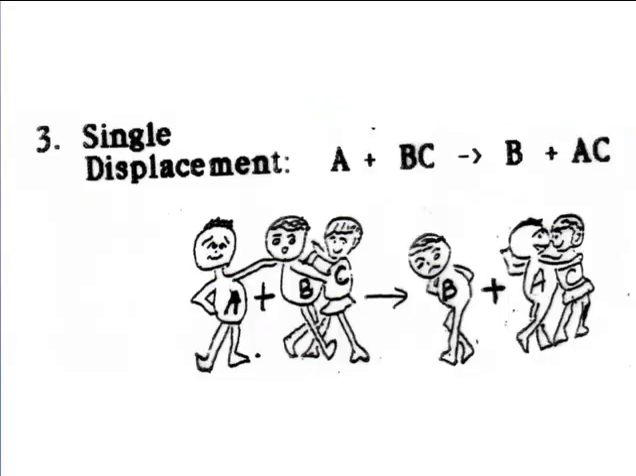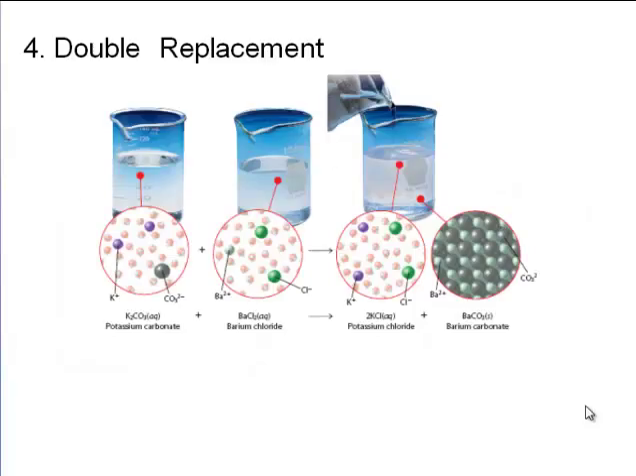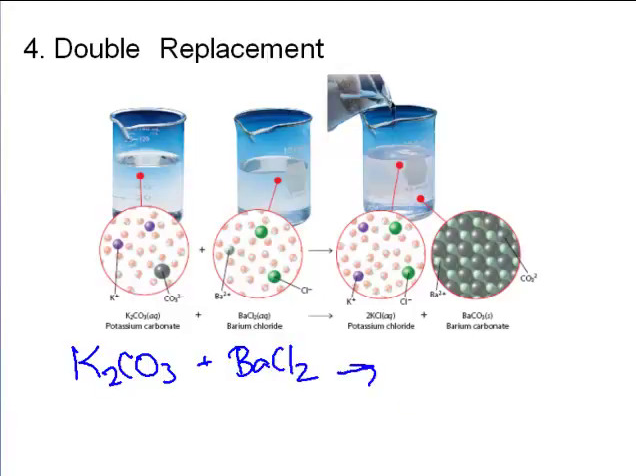Now, the next is called a double replacement reaction. And this is where we have two compounds. This one has K2CO3, I'll write a little bit bigger, K2CO3 plus BaCl2. Now what's going to happen is this K, which is a positive ion, remember positive, negative, is going to